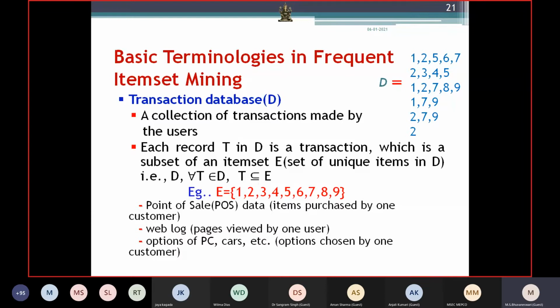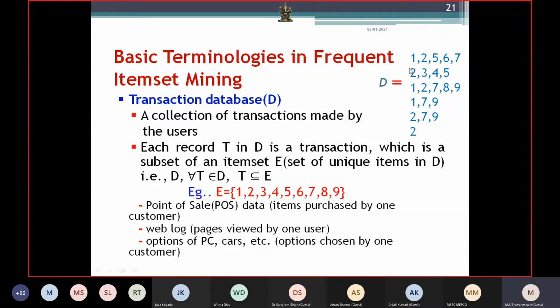First, we can go into the basic terminologies of frequent item set mining. We often use a term called transaction database. If I take into consideration transactions, suppose a person is going to a shop and buying some items, some rice, some soap or other things. What items he has bought over a specific duration becomes a transaction. Understand? So that is called a transaction database.